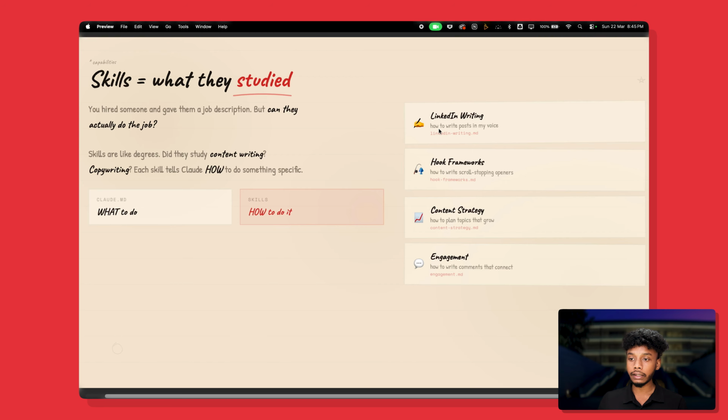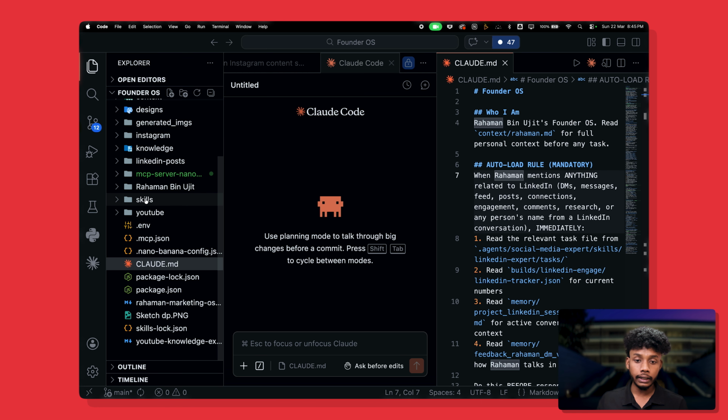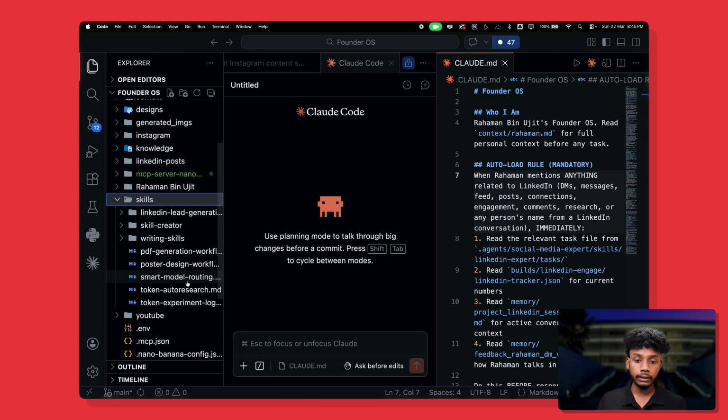We'll create a set of skills files, which are also markdown files. For example, one for LinkedIn writing, which gives it a set of instructions on how to write content for LinkedIn. Then a hook framework: we'll create a different skill file with instructions about how to write better hooks. If I show you, this is my skills file, and inside it we have added